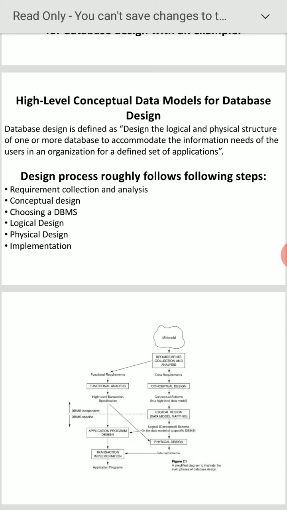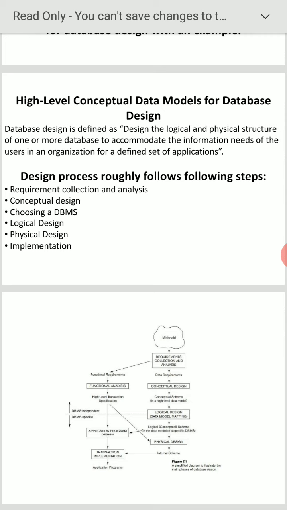You see this picture. I have taken here a mini world. The first step is requirements collection and analysis. That is linked with the functional requirements, then after that data requirements. Then conceptual design.